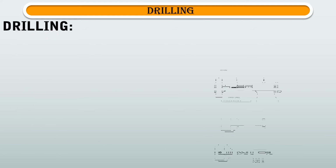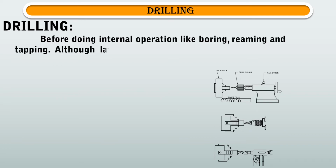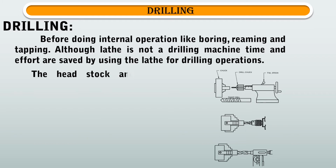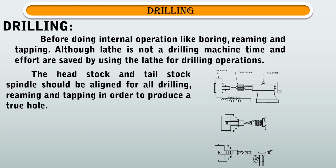Second, we are going to discuss drilling. Before doing internal operations like boring, reaming, and tapping, although the lathe is not a drilling machine, time and effort are saved by using the lathe for drilling operations. The headstock and tailstock spindle should be aligned for all drilling, reaming, and tapping in order to produce a true